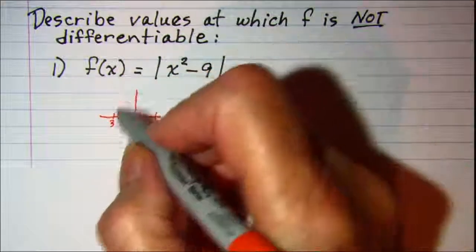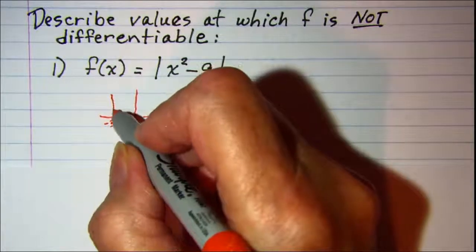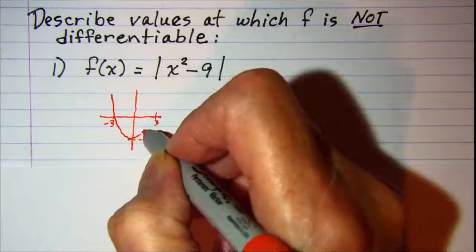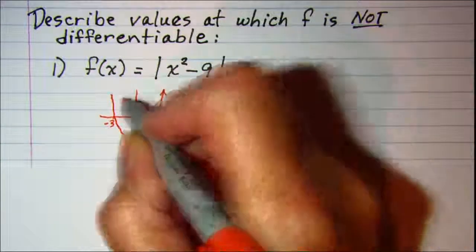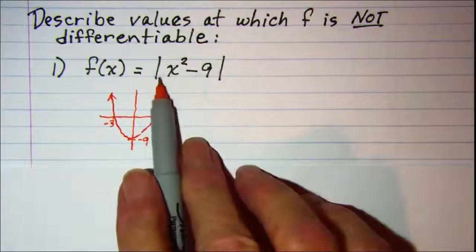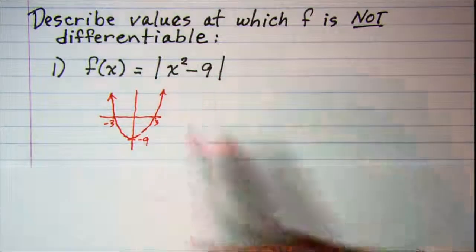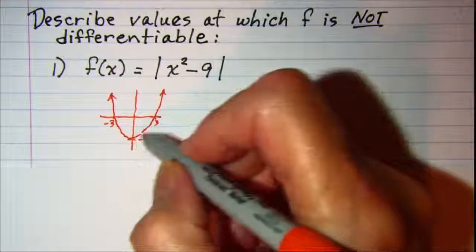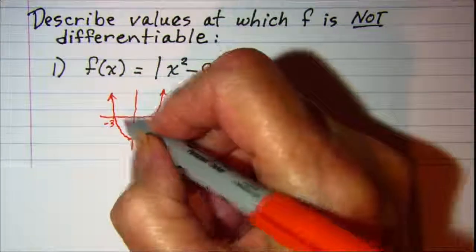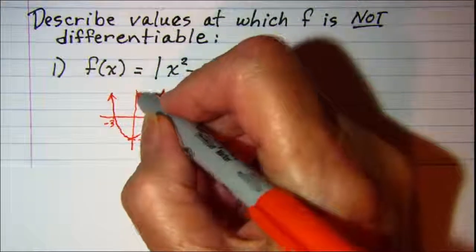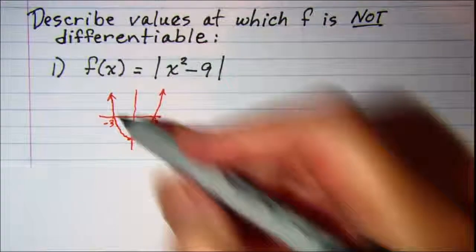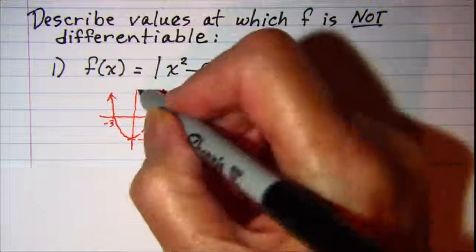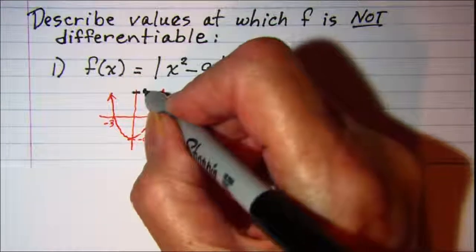This is just the inside part. Well, when you put the absolute value around this, everything that's below the x-axis is reflected across the x-axis. So this part then comes up to here,